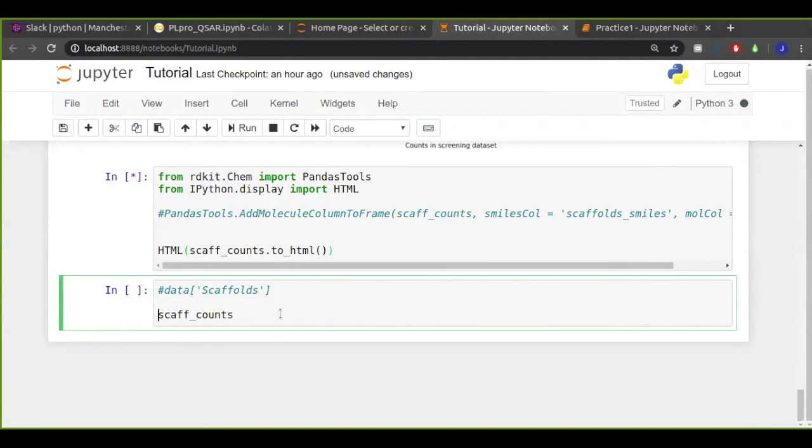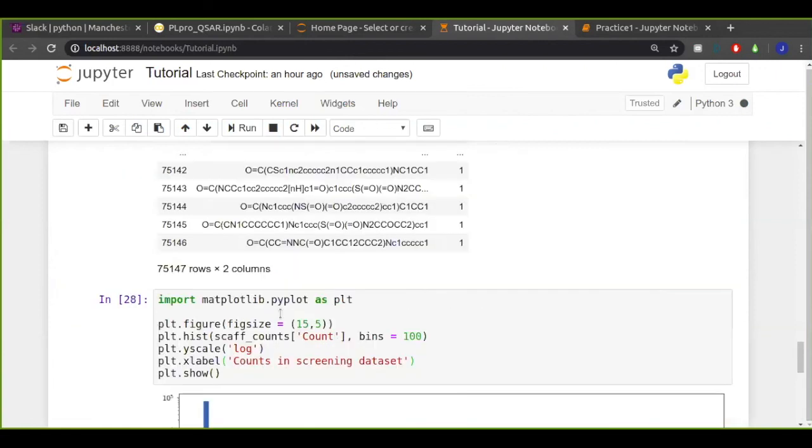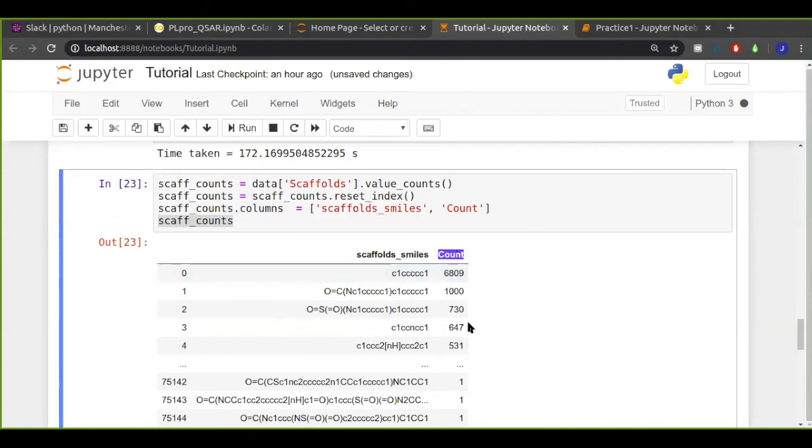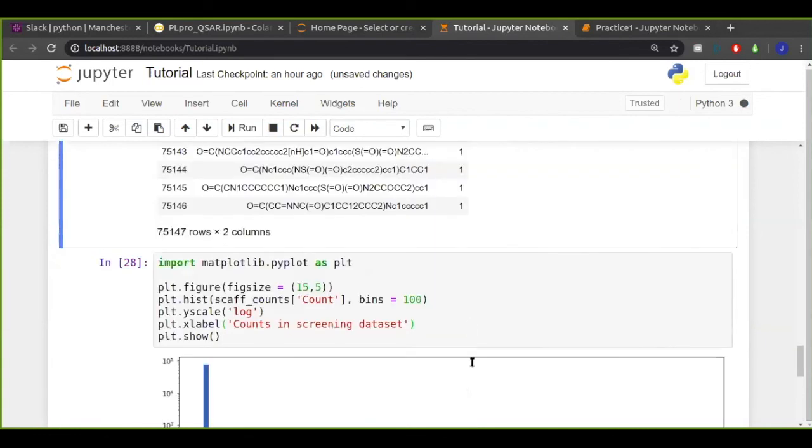Let's make a new object called scaffolds to use equals scaff counts, and let's do a locate function by scaff counts where the count of the scaffolds is greater than 1.